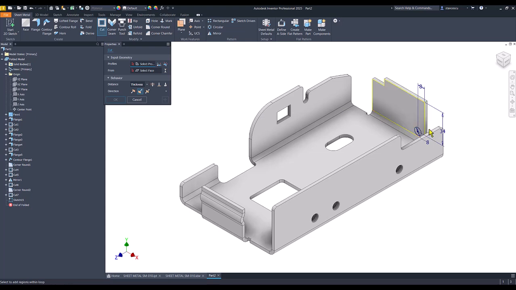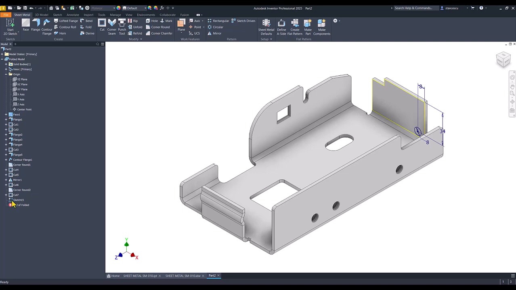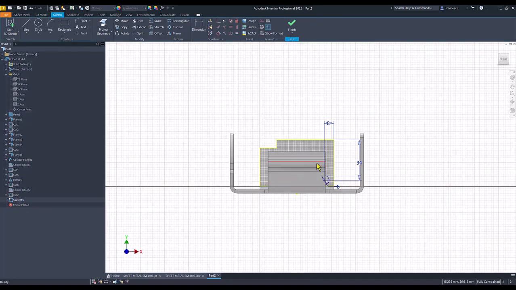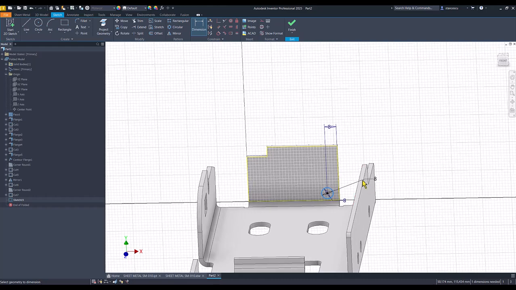Oh, 34 from this, not from that one. Let me modify. 34 is not here, but here, this face. I have to project this face,